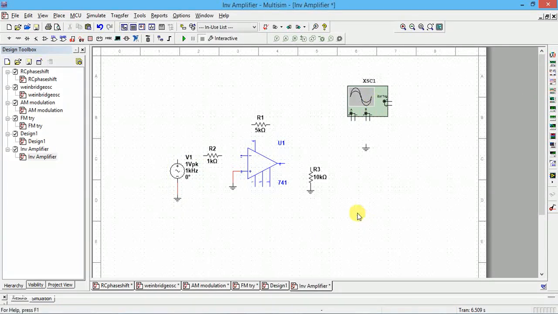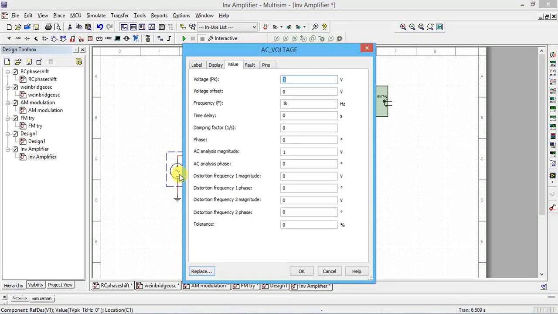Now we have to do the connections. From pin number 3 you connect ground. From pin 2 you connect to 1k, and this is connected to the input. Double click on this AC signal voltage source and set the input voltage to 1 volt peak and click OK.